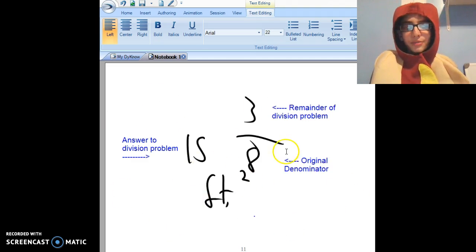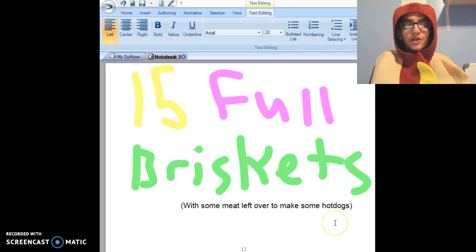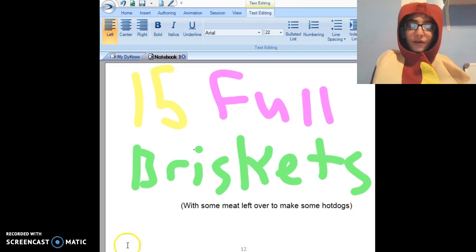This is how to make a mixed number. You take the original denominator, in this case it was 8, the remainder of the division problem, which is 3, and the answer to the division problem, which is 15. That's 15 and 3/8 feet squared. So that means, Joe, that you can make 15 full briskets with some meat left over to hopefully make some